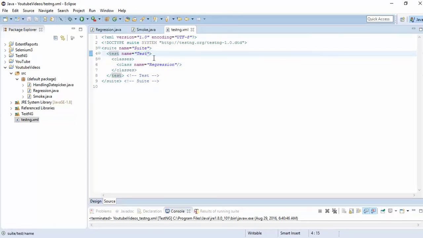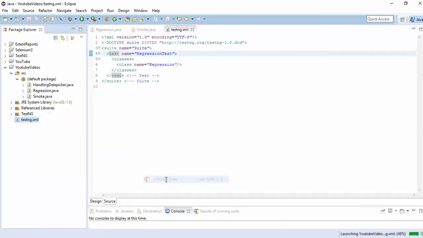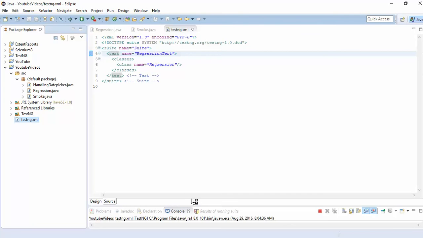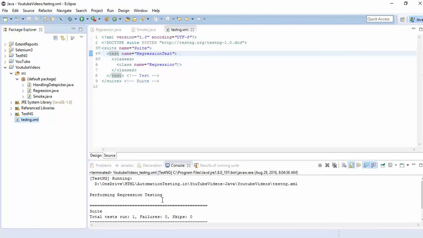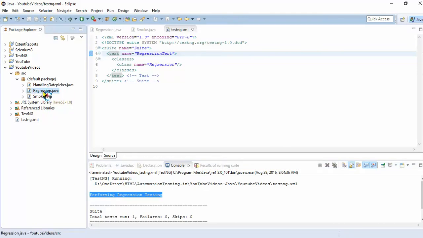It is not mandatory to put test; you can say regression test. That name is as per your convenience. As a regression test, if I execute this one, run as TestNG suite, it will execute only the test we mentioned, performing regression testing.